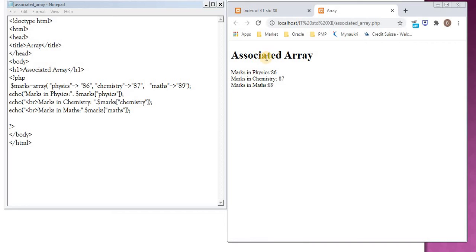So this is H1 associated arrays, marks in physics 86, marks in chemistry, value, marks in math, value. Okay. So in associated arrays, we used named keys for defining our variable, our values. So this is about